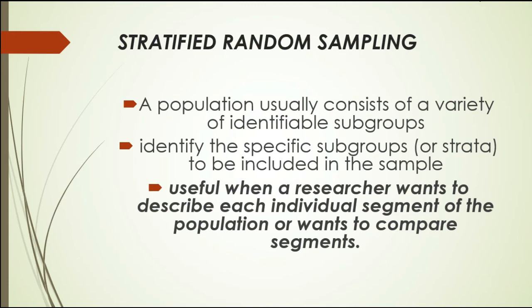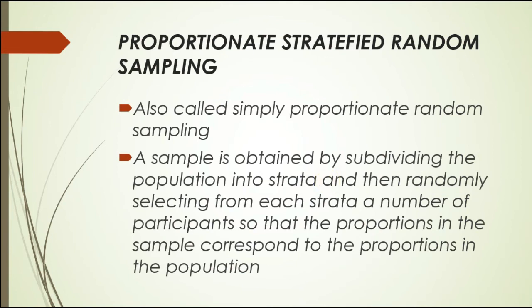Okay? Next, we have proportionate stratified random sampling, also called simply proportionate random sampling. Okay? A sample is obtained by subdividing the population into strata and then randomly selecting from each stratum a number of participants so that the proportion in the sample corresponds to the proportion in the population. Because if your population is bigger,